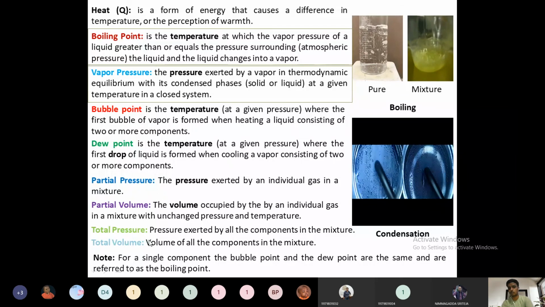Then the total volume. Total volume for a pure component is the volume occupied by this pure liquid, whereas the total volume occupied by the mixture is the sum of the partial volumes. So we need to differentiate between pure and mixture of components, because in distillation more than one component is involved, not a pure component. So we have to study the mixture properties here. So here it is a condensation. You can see what a condensation is: by removing the heat, whatever vapors are there are condensing.